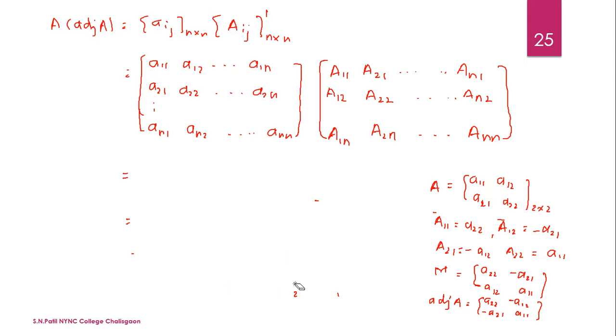The proof is very easy. If you understood the 2 by 2 calculation, you see here. So instead of this, it would be a good idea if we write it in terms of summation. See what happens when the first row is multiplied to the first column. The first element is multiplied to the first element of this column plus the second element multiplied to the second element of the first column.